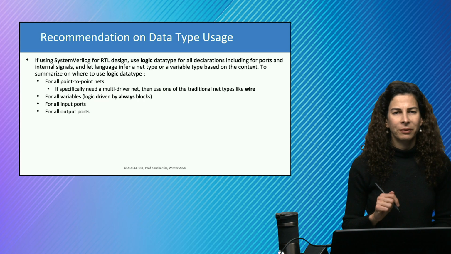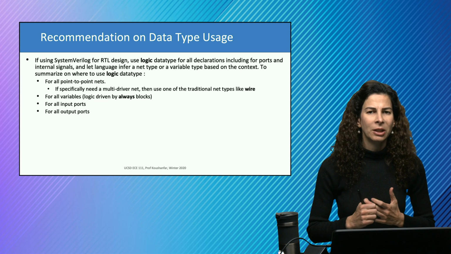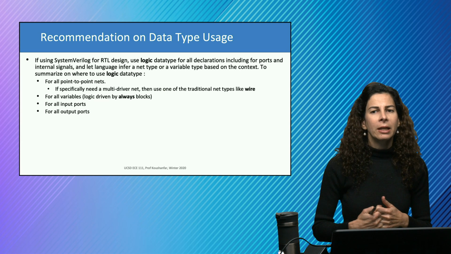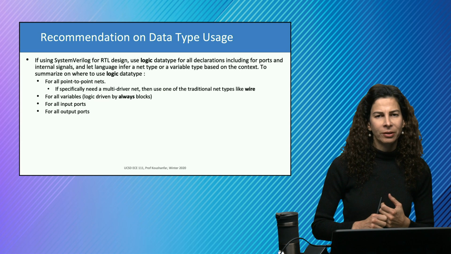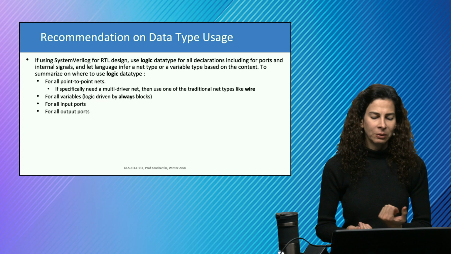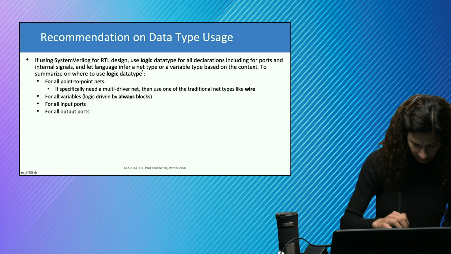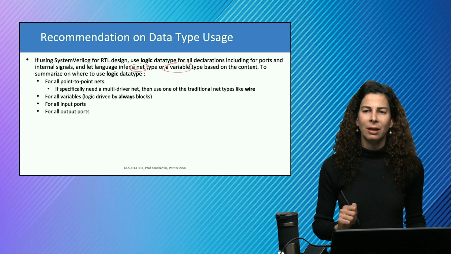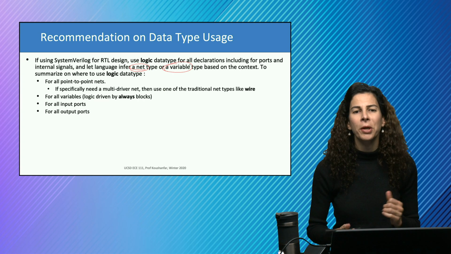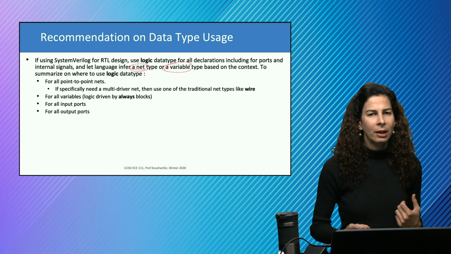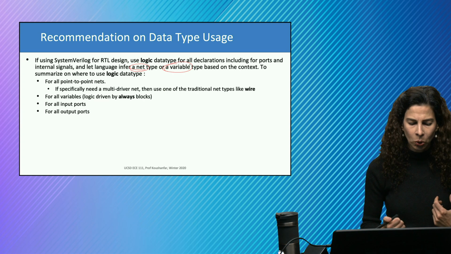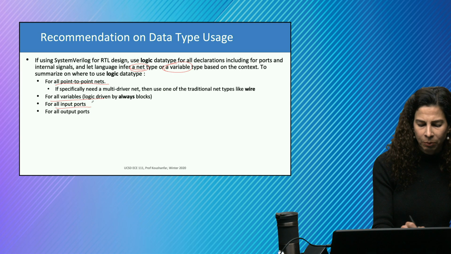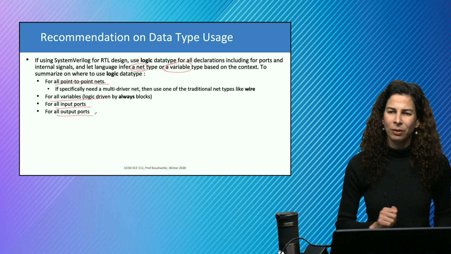Here is a summary of the recommendation. The typical recommendation is to use the logic data type for all declarations, including for ports and internal signals, and then you let the language decide if it's going to be a net type or a variable type based on the context. This way we avoid a lot of problems. If you need point-to-point nets, variables, input ports, and output ports, this is what is recommended